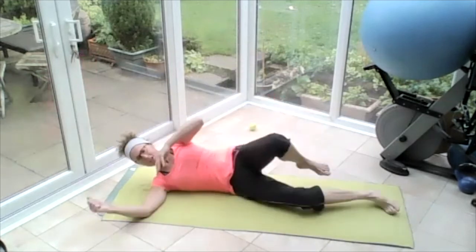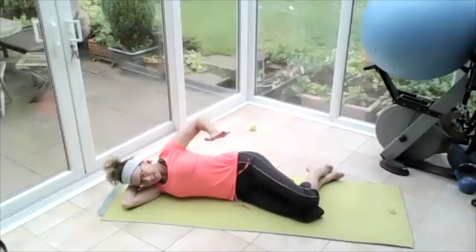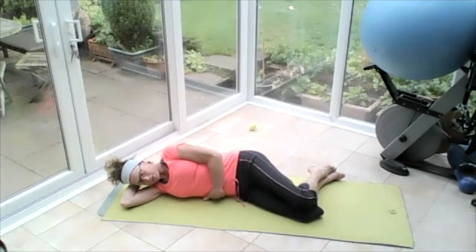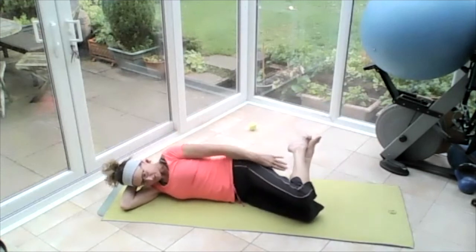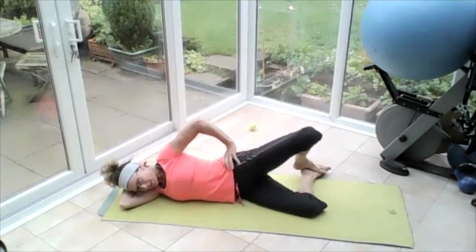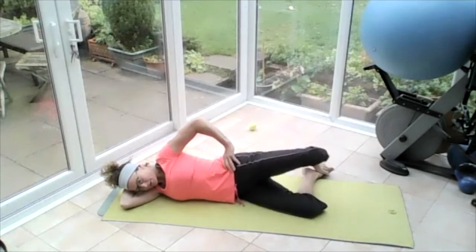So underneath arm supporting the head. Hips stack, top hip above the bottom hip, slight lift of your waist off the floor. Getting those knees so that the spine drives into the middle of your shin. Lift that top knee up and down for 6, 5, 4,